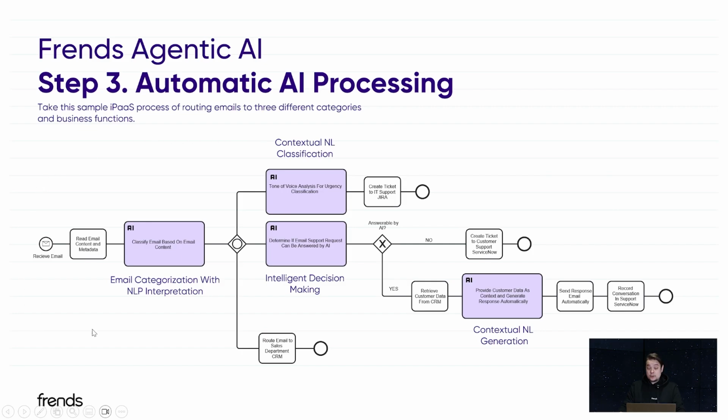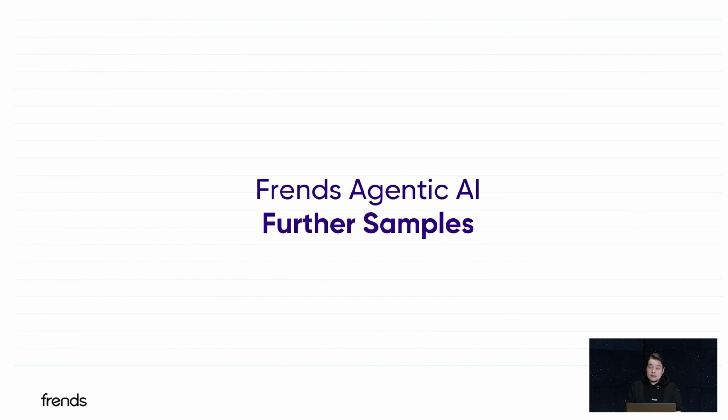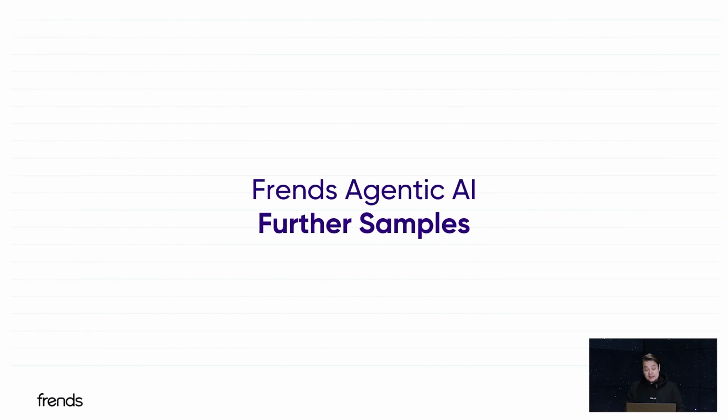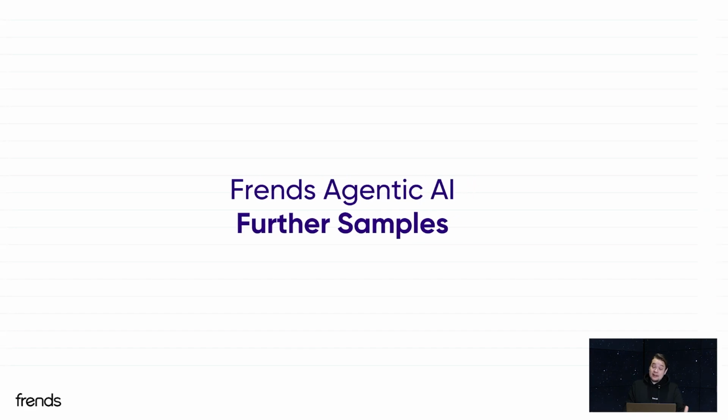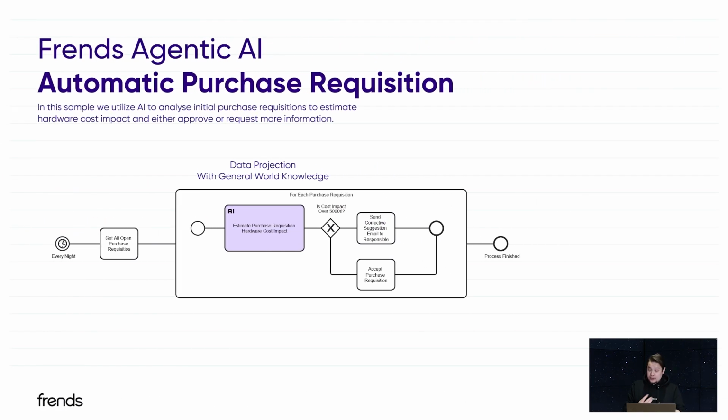And at this stage, we would now consider the customer to be at the integrated stage of the maturity index. Just to get the thinking juices flowing a bit better with all of you listeners here, we have a couple of further samples to really convey the idea of what's possible with this AI orchestration in mind. So as an example, we might have a use case where an employee could make a purchase requisition order,